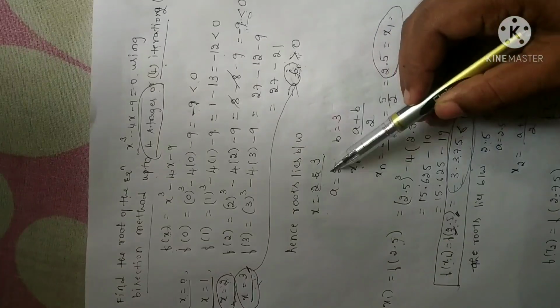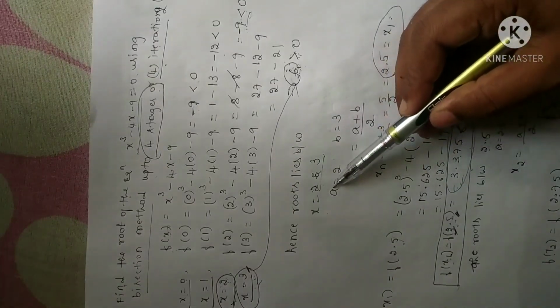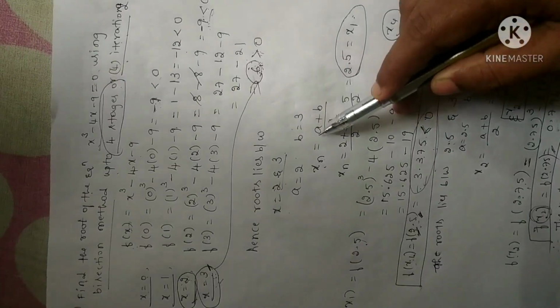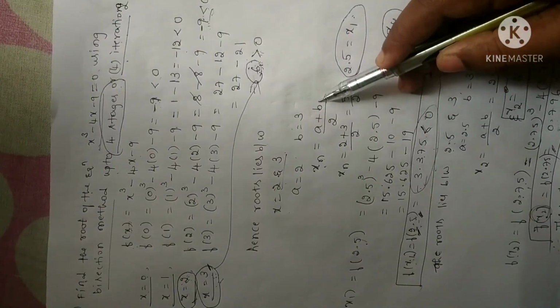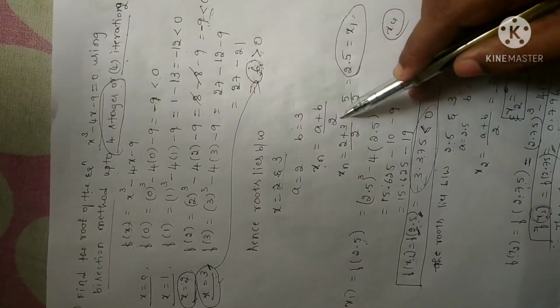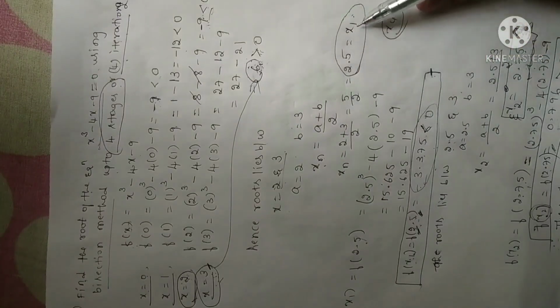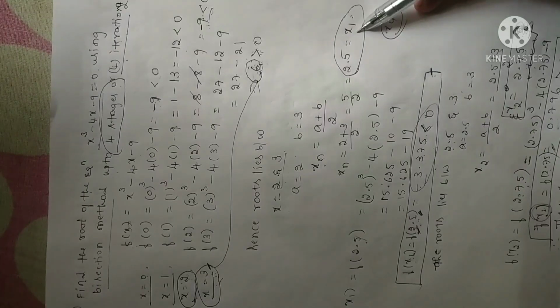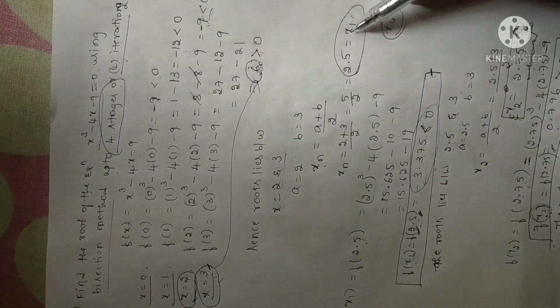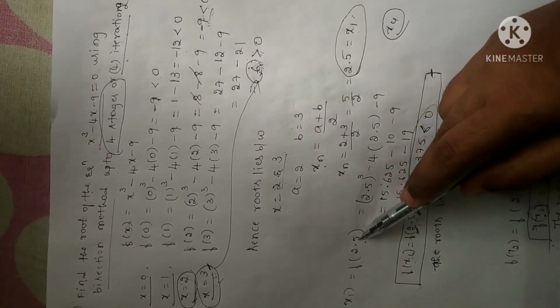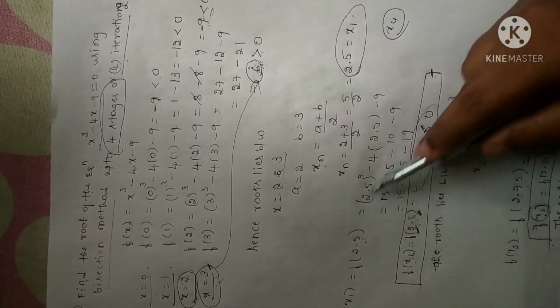That is what I have written. So take the first value as a and the second value as b, and use the bisection formula, we are dividing this interval. That is why it is called the half interval method, a plus b by 2. Then you will get the value of x as 2.5. Take that value as x1. Now put this value in the given function f of x. So wherever x is there, replace it with 2.5.